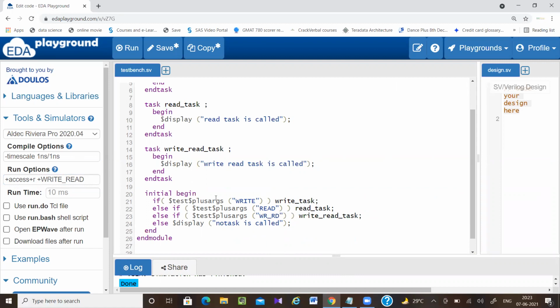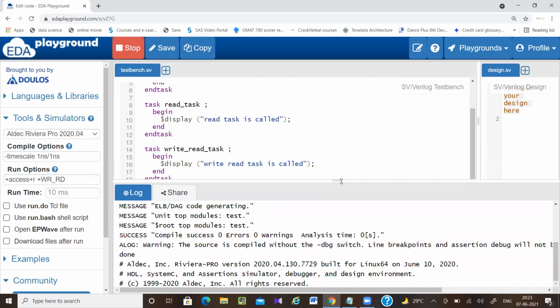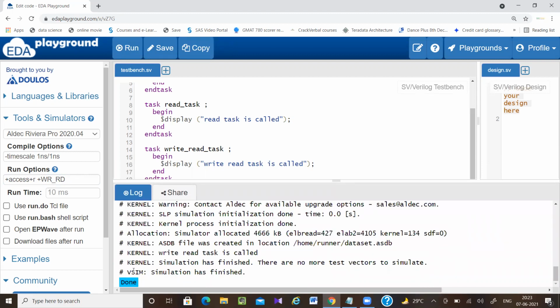Right read. Okay, so here write read task is called. So here I don't have to go into the code and I don't have to change it.